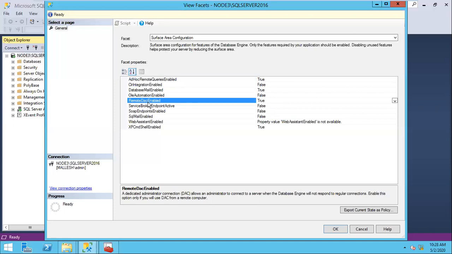So DAC is an emergency connection which allows us to connect to the SQL Server. In some situations it may not allow us to connect any users. At that time we can use the dedicated administrator connection to connect to the SQL Server. So we will use the DAC when we are in server corruption. At that time we'll see how to use the DAC connection to connect to the